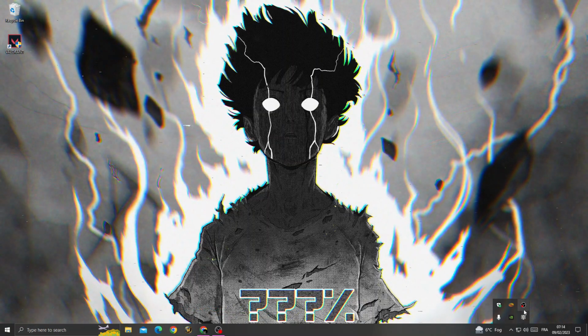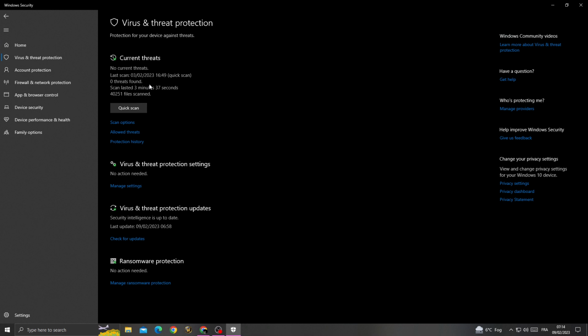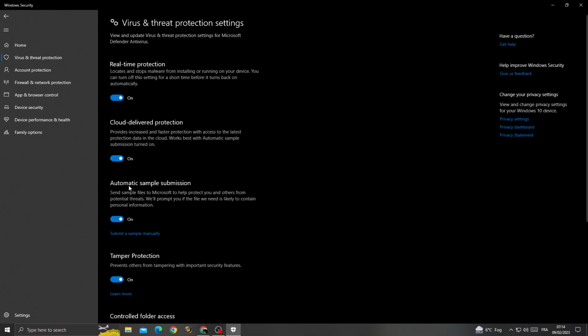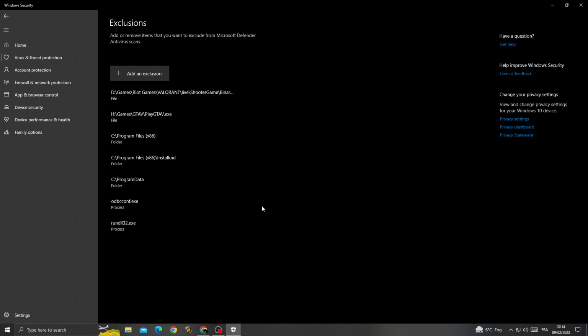If that doesn't fix your problem, all you need to do is just click here Windows Security and then go to Virus and threat protection and then go to Manage settings, scroll down until you find Exclusions, click Add or remove exclusions and then click yes, and after that click Add an